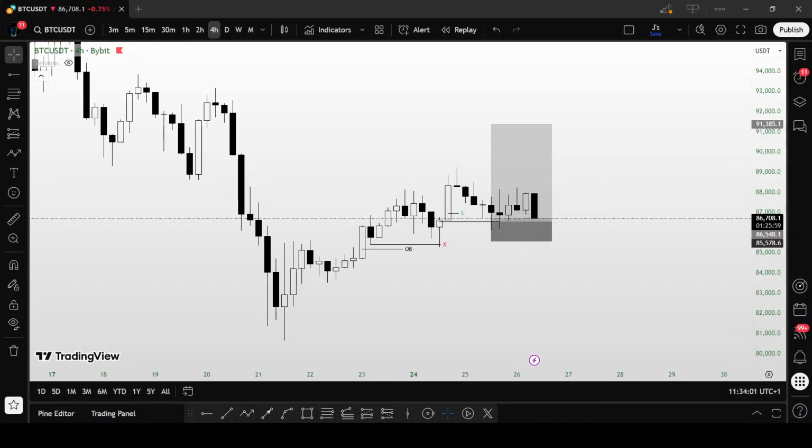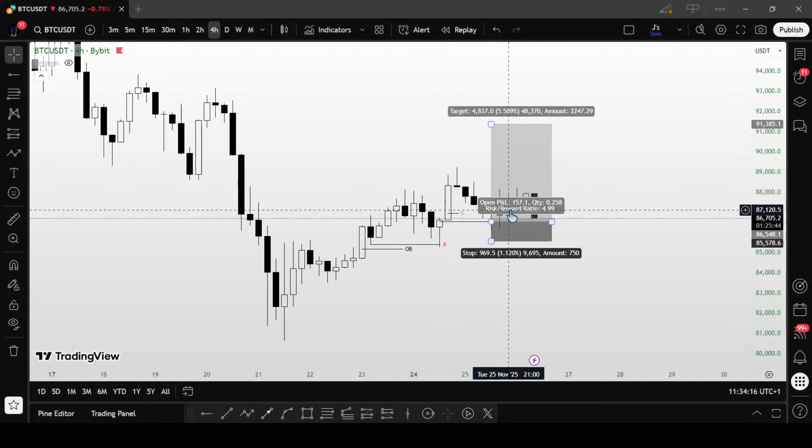Well, let me continue what I was saying. I had the Bitcoin setup as of yesterday evening, and so far so good. It did not yield, so I closed my setup in the late hours of the night yesterday. I closed it at 0.5%, just to count it as a trading day on some of my props.